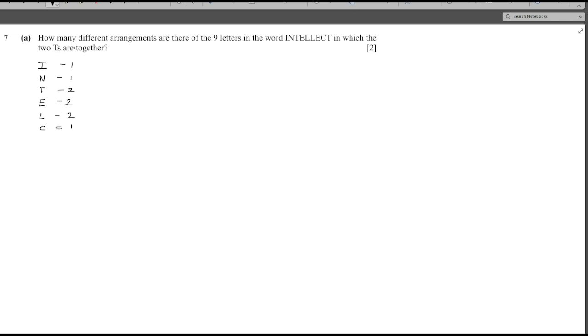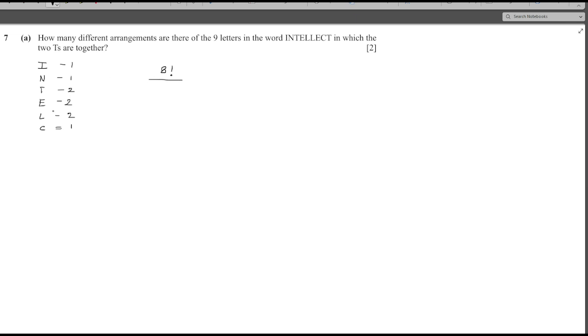Now, how many different arrangements of these 9 letters in the word intellect in which the two T's are together? When two T's are together, we will consider those two T's as one alphabet, and therefore out of these 9, now I have 8 alphabets. They can arrange in 8 factorial ways, but out of these 8 factorial ways,